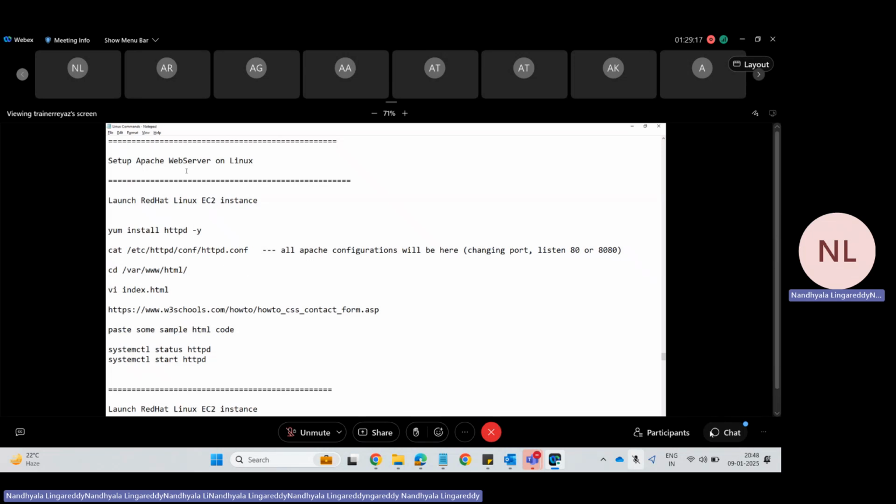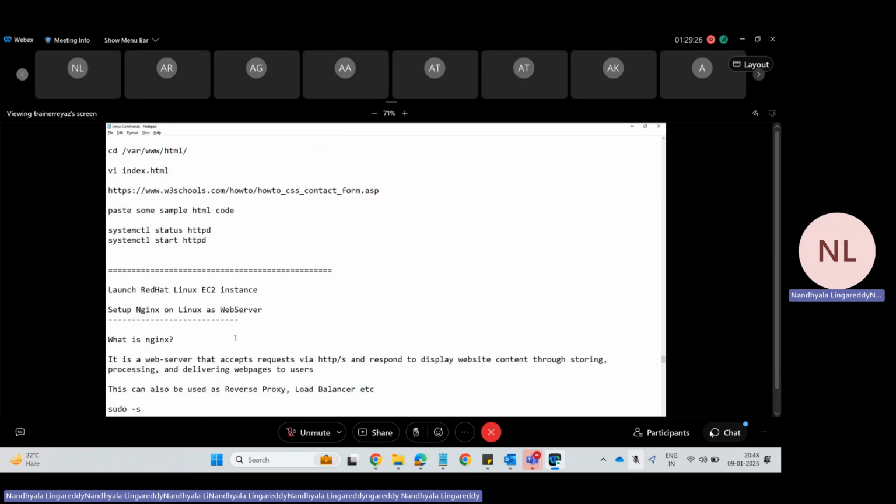So I showed you how to set up an Apache web server. Let me show you how to set up an Nginx server now. Nginx web server. What's that? Nginx web server. Guys, so similarly,